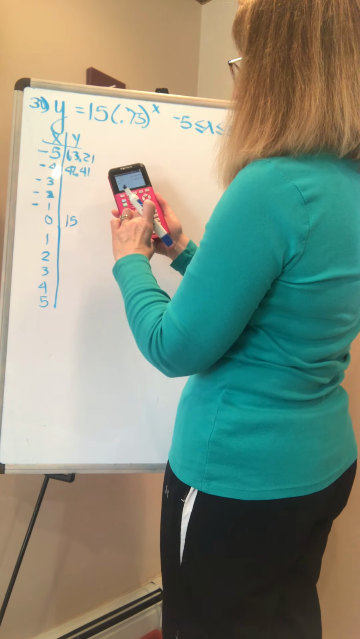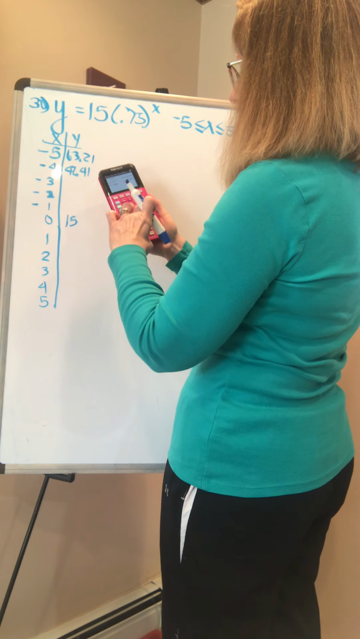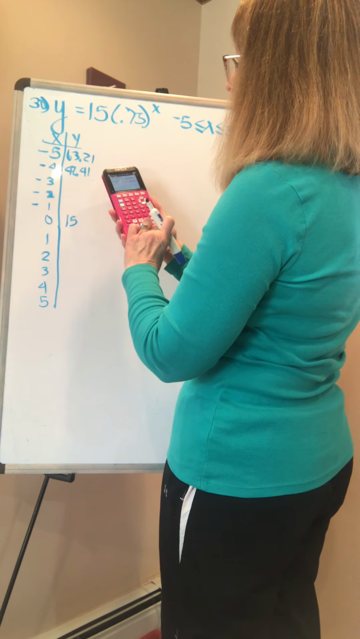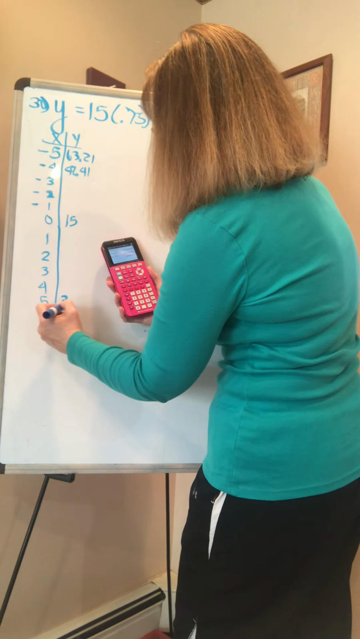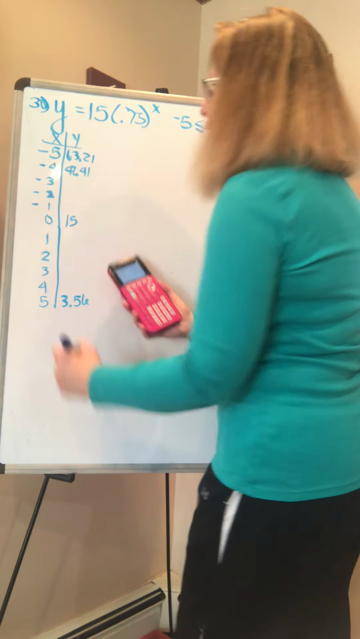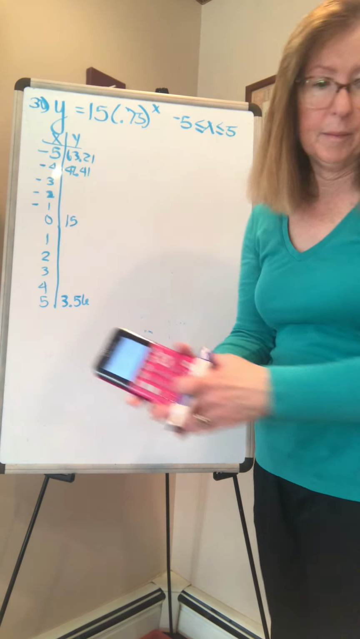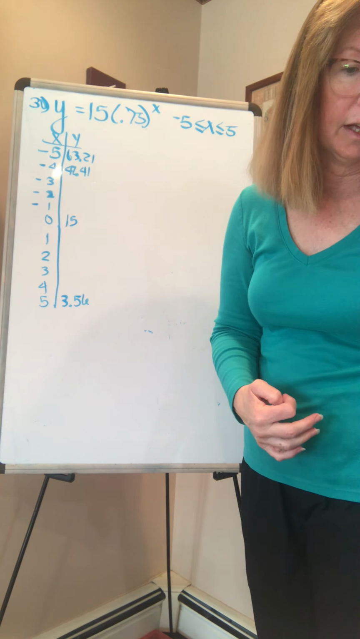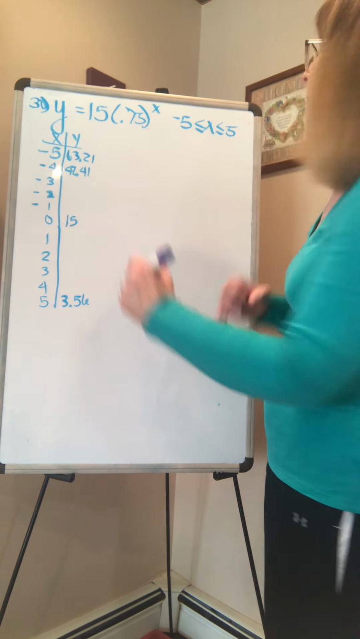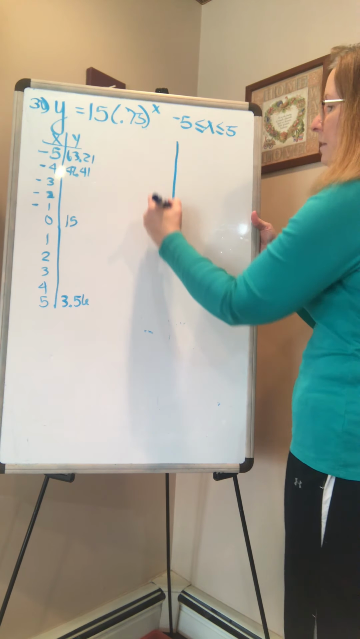And if I have 15 times 0.75 raised up to the 5th, I am at 3.56. So we're going down. And again, you would have to make this entire chart for yourself. But here's the thing. If I'm graphing this,